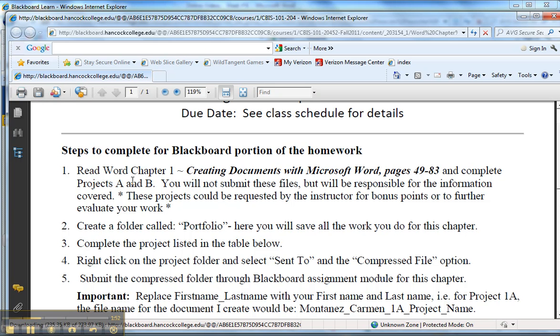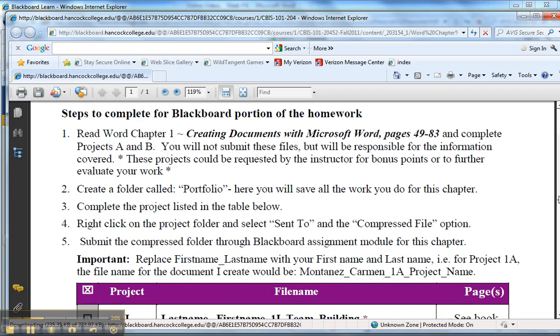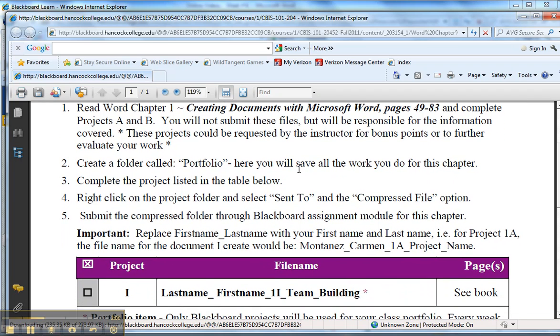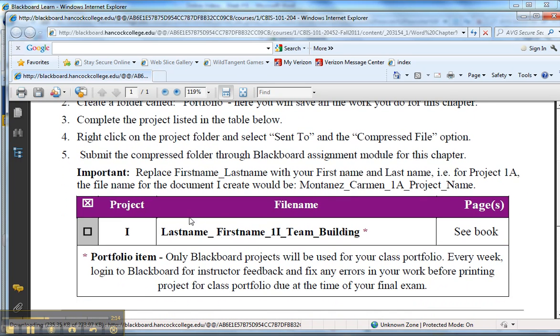My IT Lab, the project assumes that you did projects A and B. Then you're going to create a folder called Portfolio, and in that folder, you're going to save all the work that you do for that chapter. In this case, Chapter 1. Now, the project listed on the table below, notice the table says project. In this case, it was project I. That is the project that you're going to submit to me